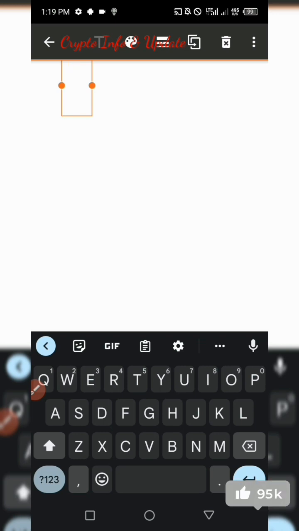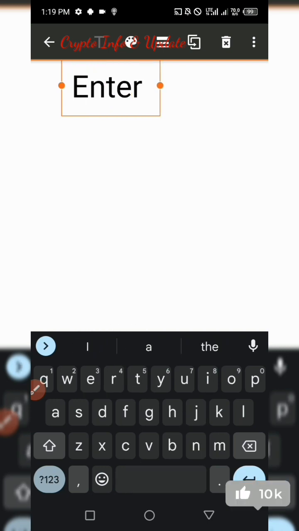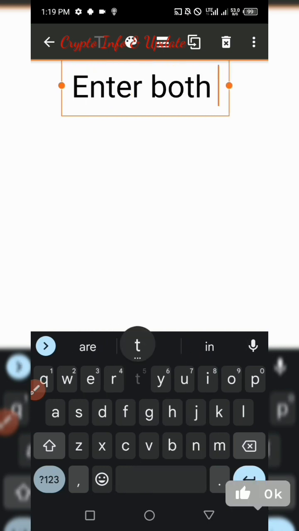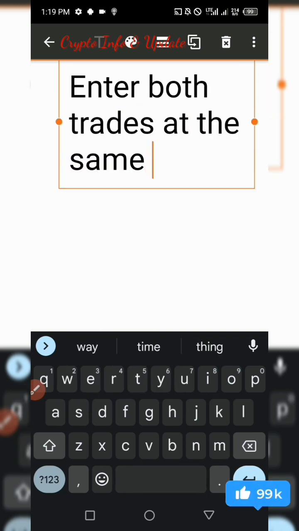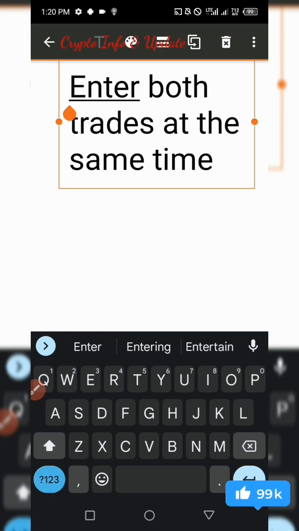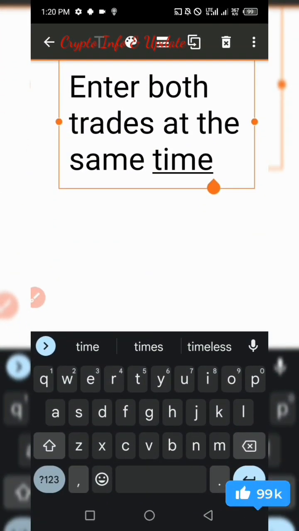So at this point, here are important details you need to take note of. Number one, you must enter both trades at the same time. All right? You must enter both trades at the same time. That's number one, right? Then number two